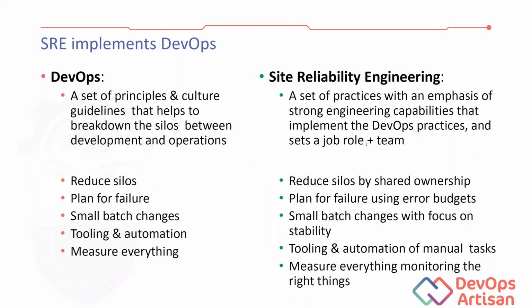Secondly, we still have to plan for failure, but we plan for failure with error budgets, and we have to make plans for what we do when we run out of error budgets. Maybe we can stop the release or improve the software or improve the architecture, right? Thirdly,